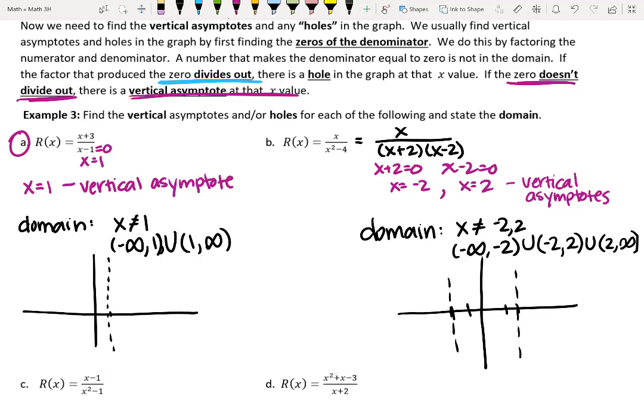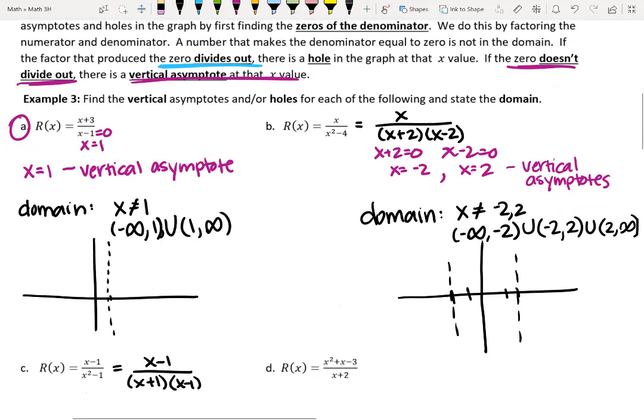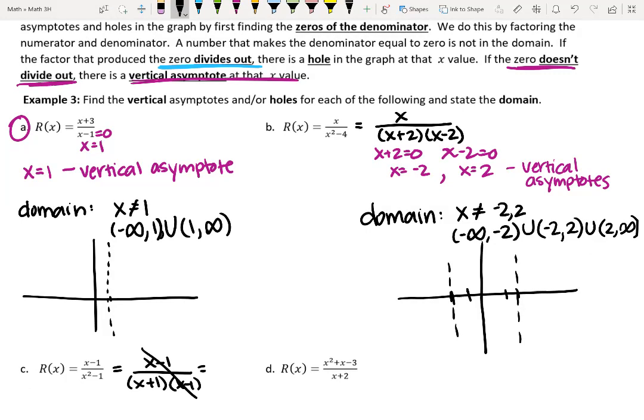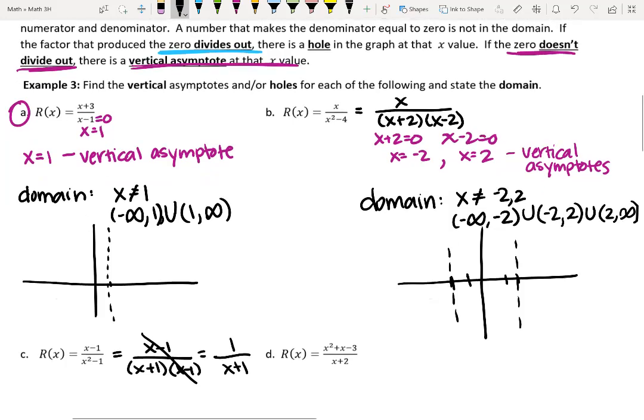All right, and then part C here, I'm going to factor the denominator again. So I get x minus 1, and this is the difference of squares. So I get an x plus 1 times x minus 1, which in this case, these do divide out. I've got an x minus 1 over another x minus 1, so those factors divide out. My final simplified version is 1 over x plus 1, but because I divided out the x minus 1s, that's